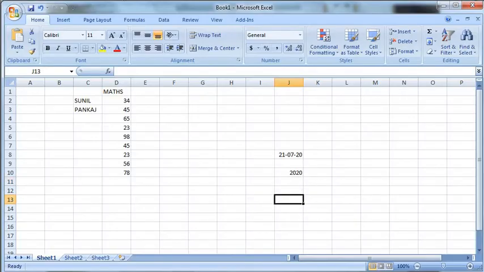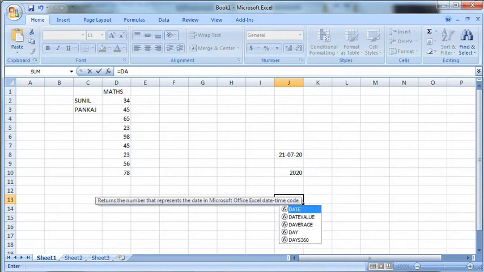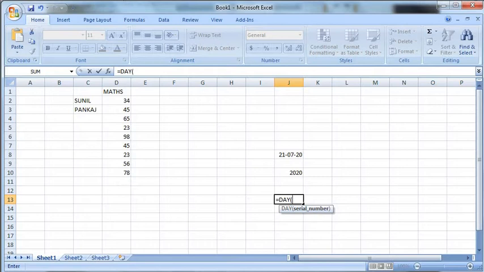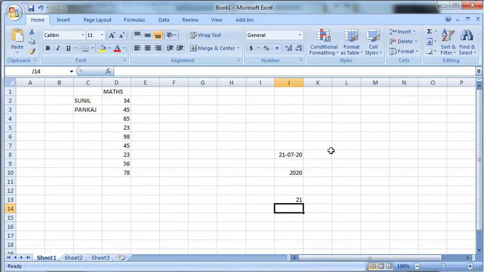Suppose I write equal to DAY, bracket open, of today's date. I will close the parenthesis for today and then for day. Now press the enter key. 21. So that is the day today. Like this, all these things we understood.